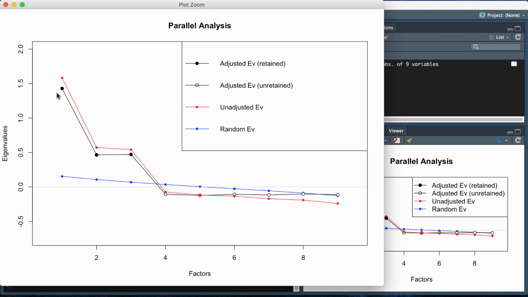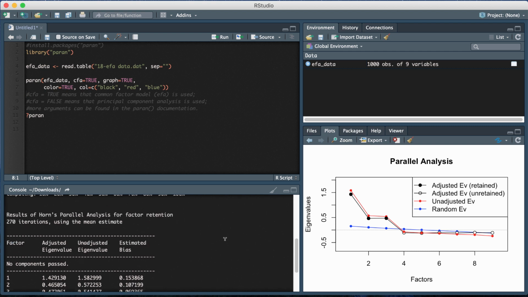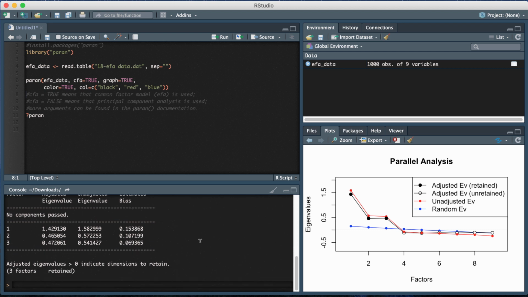So we want to compare basically the black line to the blue line, and you want to keep as many principal components or factors that are above the blue line. So if you see here, you have 1, 2, 3 eigenvalues that are significantly above the blue line. And then when you get to the fourth eigenvalue, the sample data is below the generated mean of the eigenvalues for the parallel data. So you don't want to retain your fourth eigenvalue. And so that's how you would analyze it visually looking at the plot. And the paran function will also print out and spell out the results of the parallel analysis for you in the console. So it will tell you in the last line to keep 3 factors for your exploratory factor analysis.